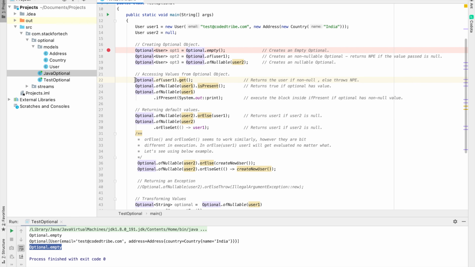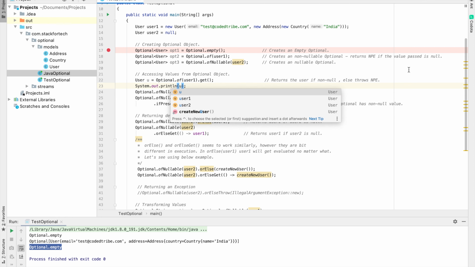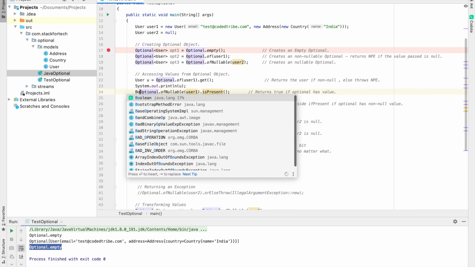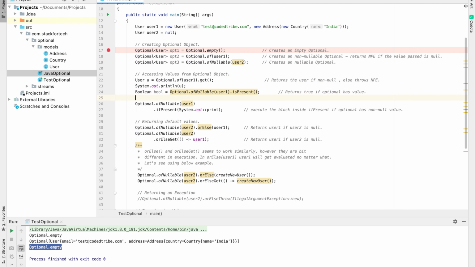Basically what we can do here is User u = Optional.of(user1).get(), and then we can print u. And in the second case, since isPresent returns a boolean value, we can get it into a boolean variable, and then we can print that as well.